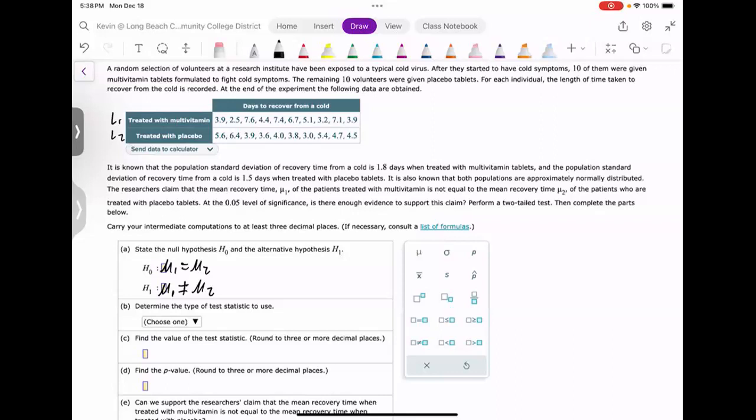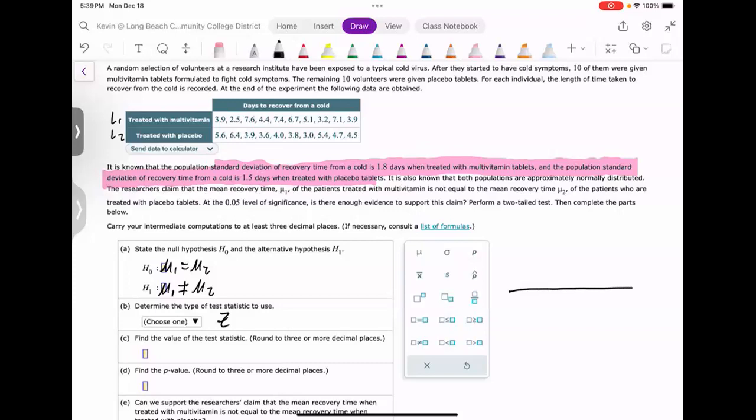And I want to point out that they say that the population standard deviations of recovery time are given here. So this is why we're going to be using a z-test in this case. So here we go, z. So let's write out